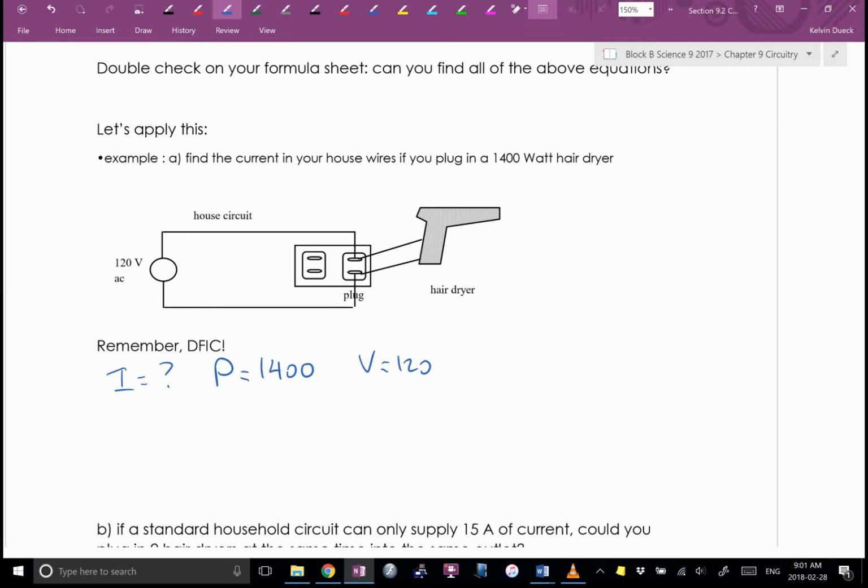What's the equation, Julia? I equals P over V. Good. So there's the D, list your data. There's the F, find a formula. Now we insert